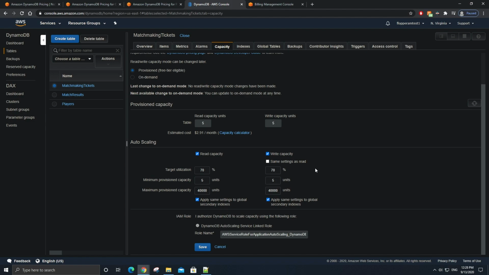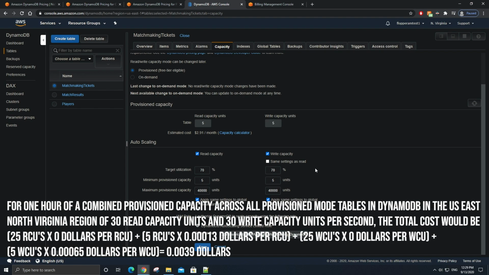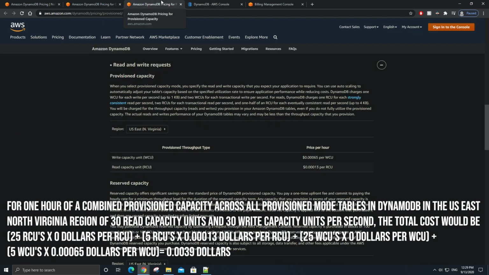Then in that case, for that 1 hour when the provision capacity of the matchmaking tickets table was at 20 capacity units for both reading and writing, the total provision capacity across all three tables, 5 plus 5 plus 20 for each reading and writing, was a total of 30 capacity units. Because 30 is above the free tier limit of 25 capacity units for both reading and writing, you will be charged in this example for the 5 capacity units over the free tier threshold for both reading and writing for that 1 hour. The other 25 capacity units still fall under the free tier, but the extra provision capacity would have cost